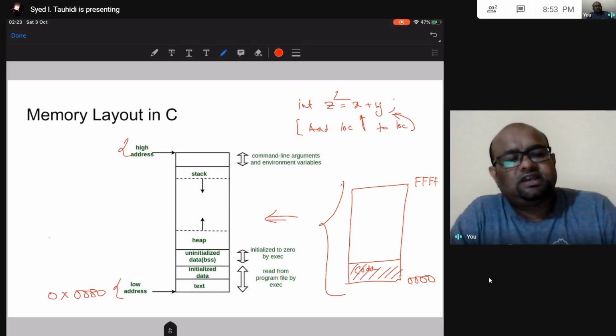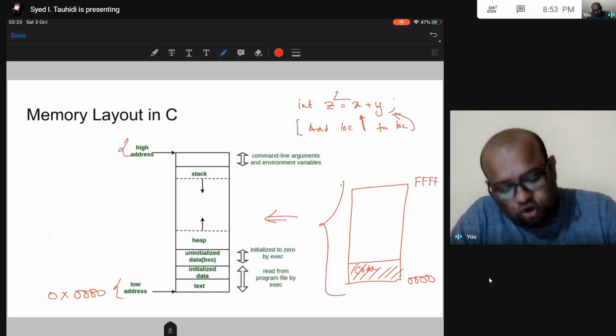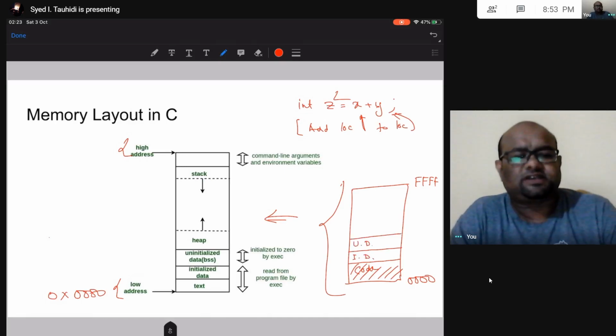Initialized global data and uninitialized global and static data, initialized and uninitialized global variables, static variables, all of them will be given space. So this initialized data will be given some space, and then uninitialized data will be given some space.